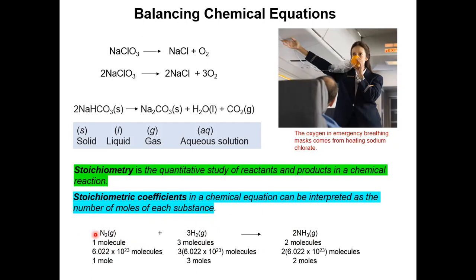I have less than 1 minute, but let's just finish. We'll continue next week about these topics. So you can interpret it as 1 molecule of nitrogen, 3 molecules of hydrogen, or 2 molecules of ammonia. At the same time, you can consider it as 1 mole, 3 moles, 2 moles. Why? Because we can just multiply by Avogadro's number and we get moles. So nothing will change in terms of the ratios of amounts of these